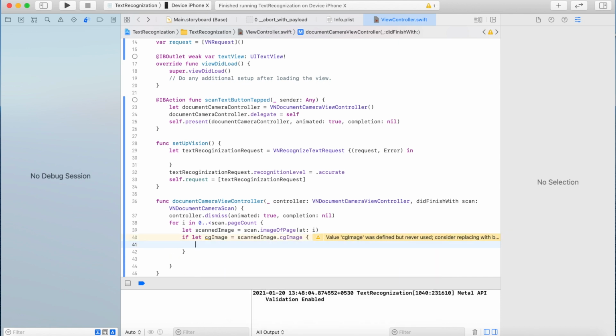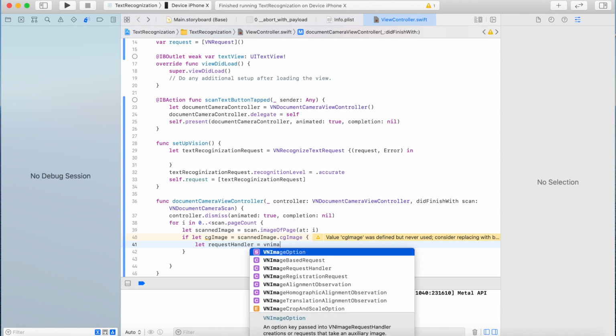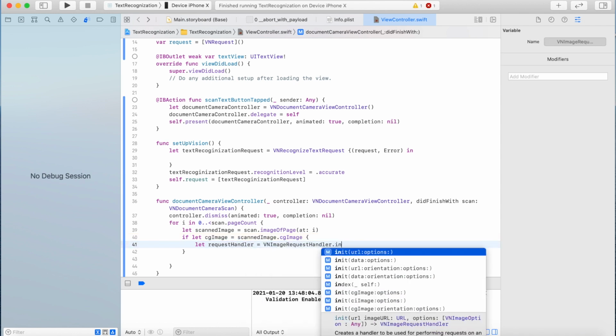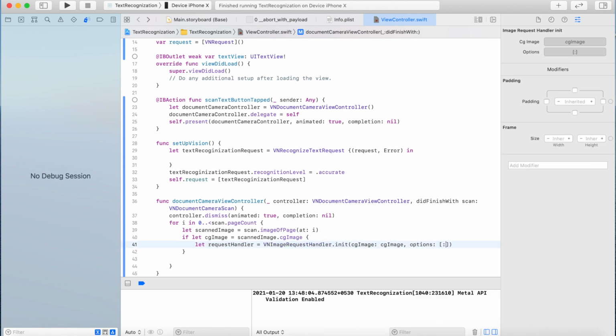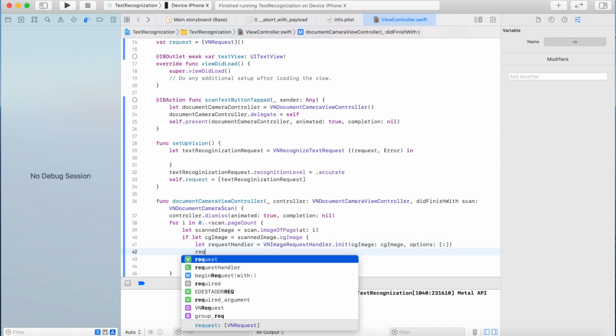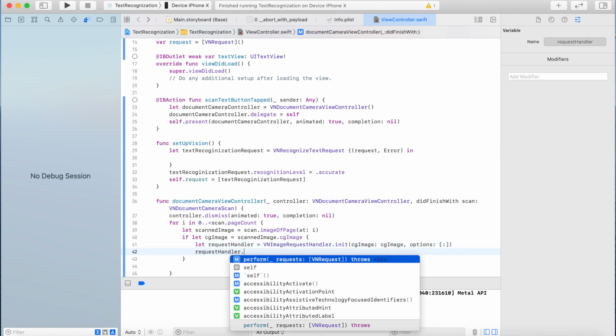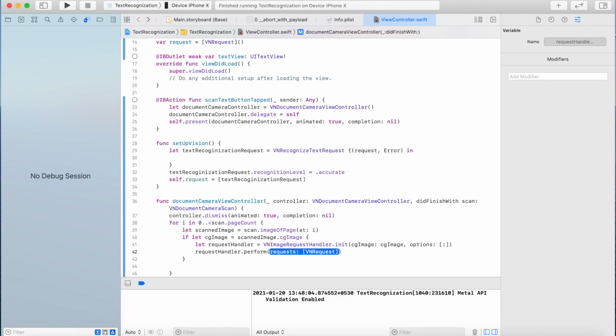So I'm creating a CGImage from the scanned image. And we are going to write the text recognition handler. So I'm using VNImageRequestHandler. I'm passing the CGImage to it. And this is a request handler and we are going to call the perform method on it.